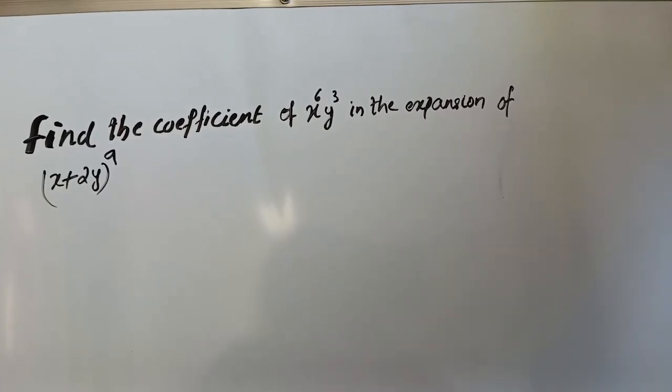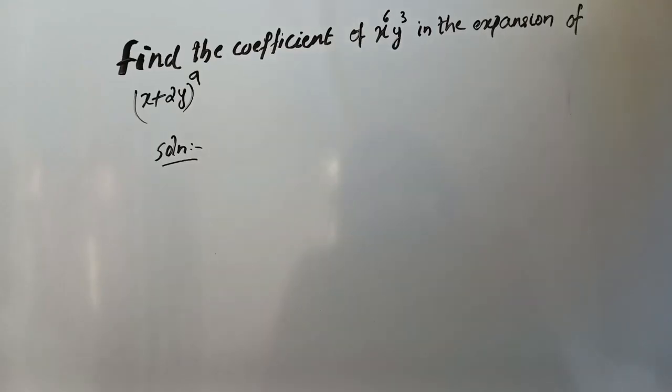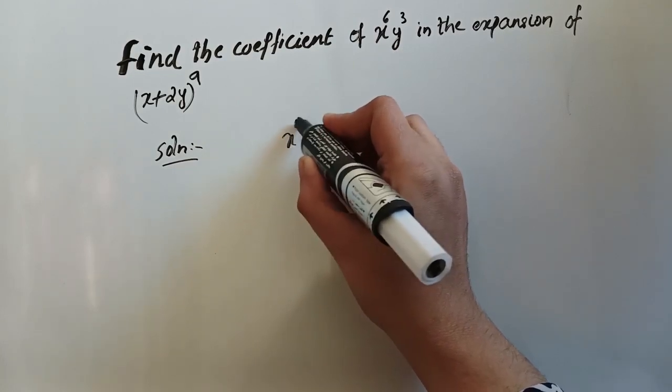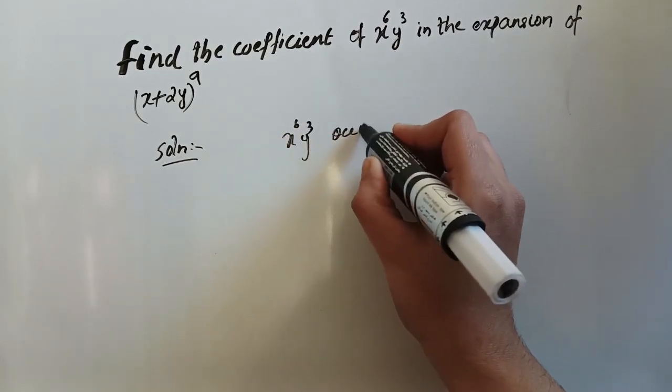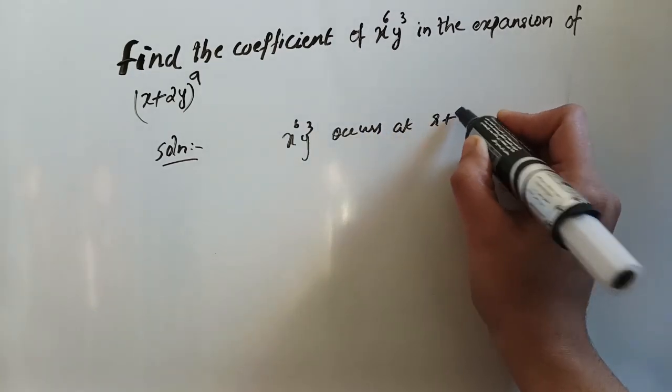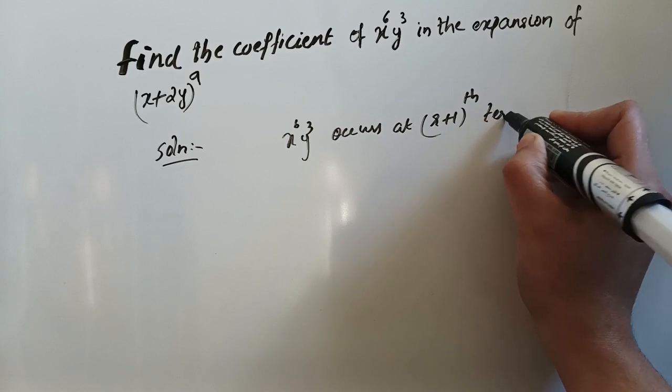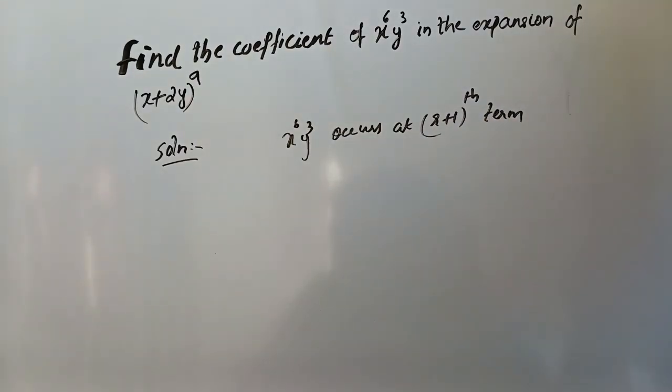Next problem: find the coefficient of x raised to 6 y cube in the expansion of (x plus 2y) all raised to 9. Solution. Suppose x raised to 6 y cube occurs in the r plus 1th term of the expansion (x plus 2y) all raised to 9. Therefore, we can write